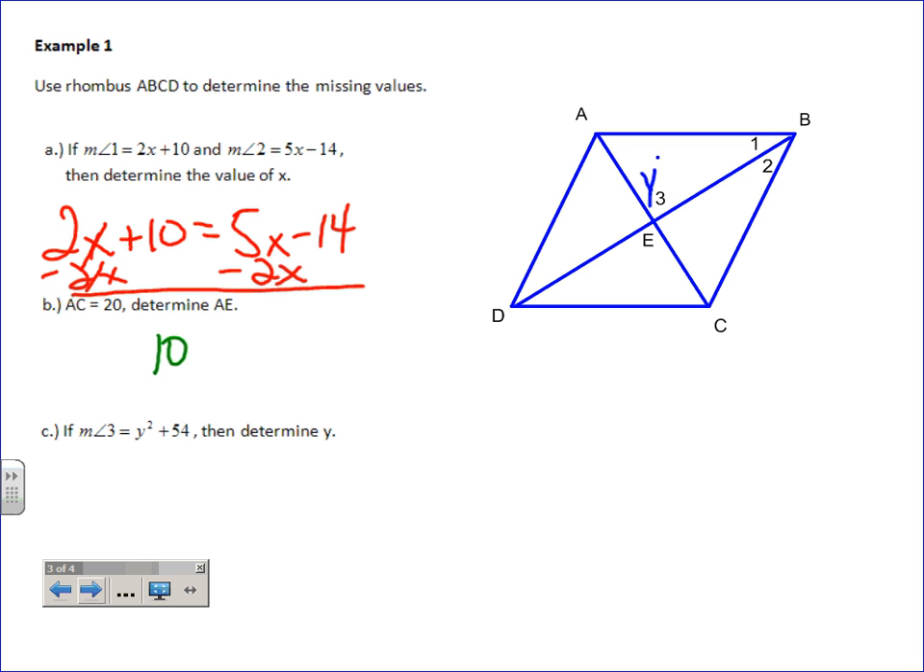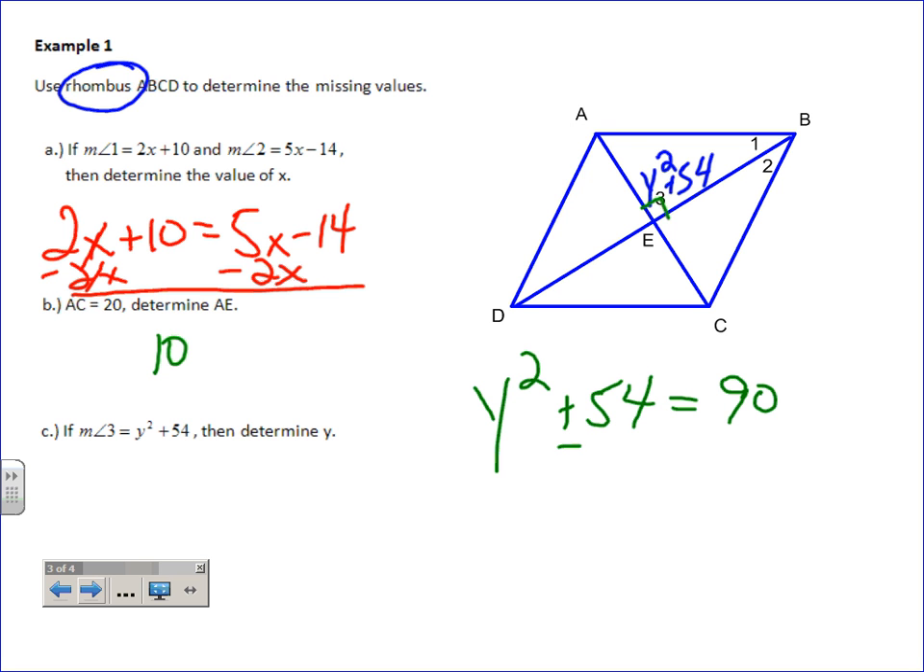It says it's y squared plus 54 in there for angle 3. Again, we have to remember we are talking about a rhombus, and so we have to use only those properties. But in a rhombus, we do know the diagonals are bisecting, and we also know they are perpendicular. Very good. And so we know that y squared plus 54 in this problem better equal, well, whatever right angle is, which is 90. So subtract 54. Y squared, because these cancel, equals